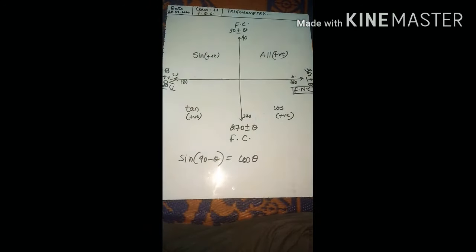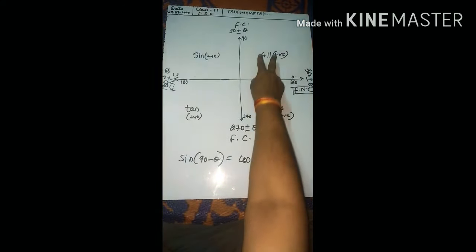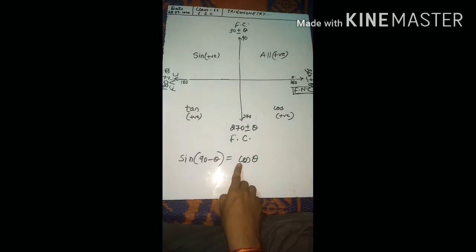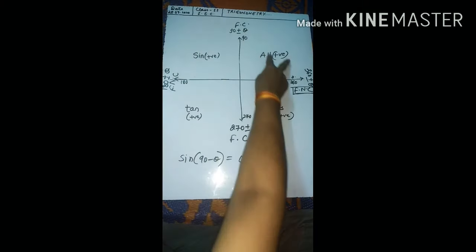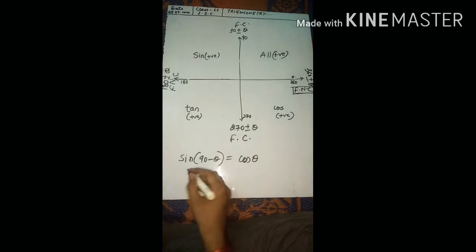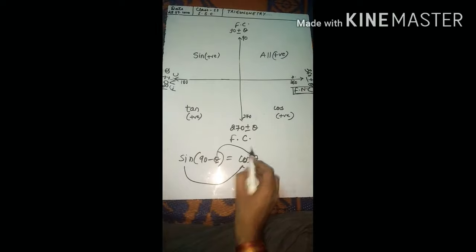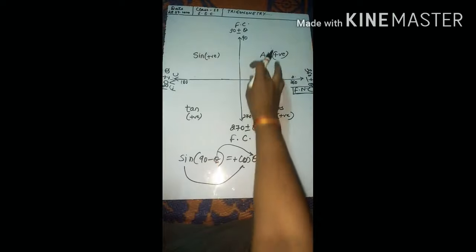Where will 90 minus theta fall? This will fall in the first quadrant. As I have written, all the trigonometric functions are positive here, so whatever answer we get will be positive. So it is already positive. Sine changes into cos. I told you that for 90 plus or minus theta, the function changes. So sine changed into cos, and we put theta over here with a positive sign. Hence we verified this by this diagram.